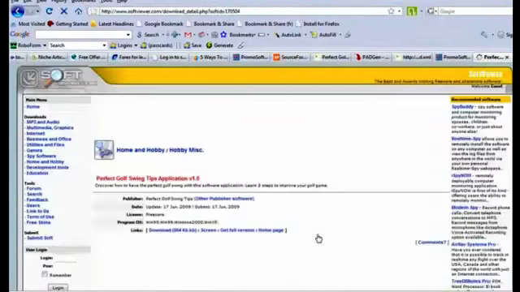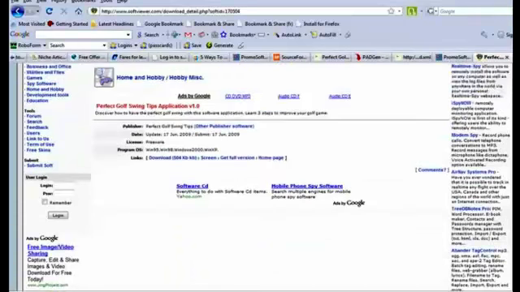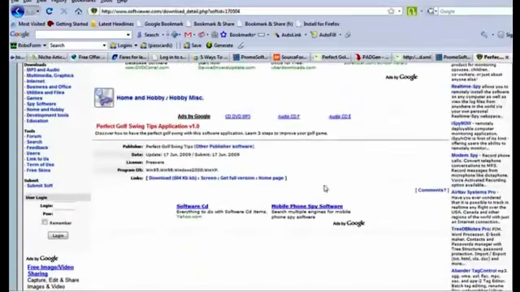Mine actually went through, and notice up here in the top left corner is my title tag, Perfect Golf Swing Tips. That's my keyword phrase, Perfect Golf Swing Tips application. If you come down here, there is the information. Perfect Golf Swing Tips is the publisher. They didn't actually link directly back to my site,